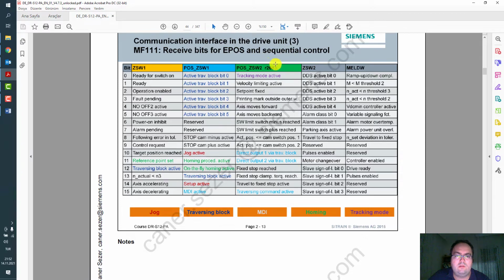In this parameter we can get some information like velocity limiting active or axis moving forward, backward, software limit switch reached, and another functionality, fixed stop reached or clamping torque reached or fixed stop function is active, and so on. There is another standard word, status word 2, looks like this, and alarm word looks like this.